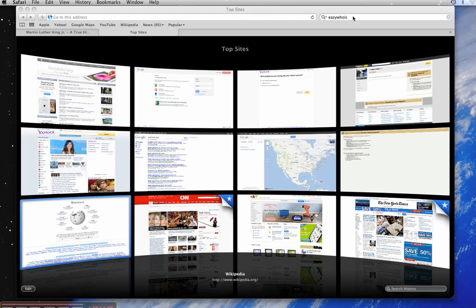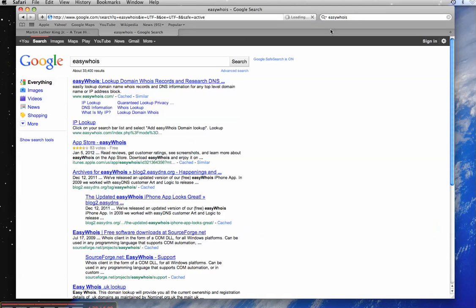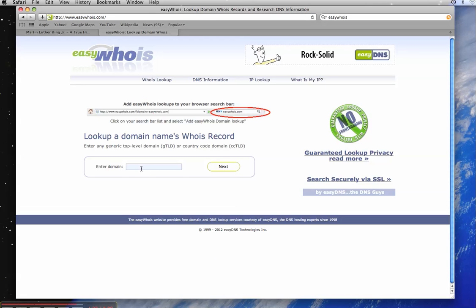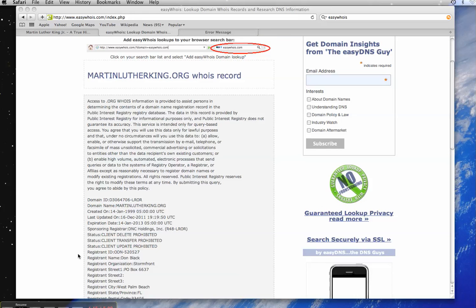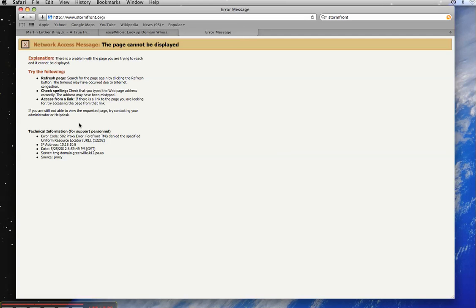EasyWhois tells you who owns the website that you have been researching. And all you have to do is enter the entire URL, the entire address, into the domain name box and click Next. When the search result comes back, it will tell you that it is registered in the name of Don Black and that the organization is called Stormfront. I tried searching Stormfront, but of course the school blocked access to their site because it